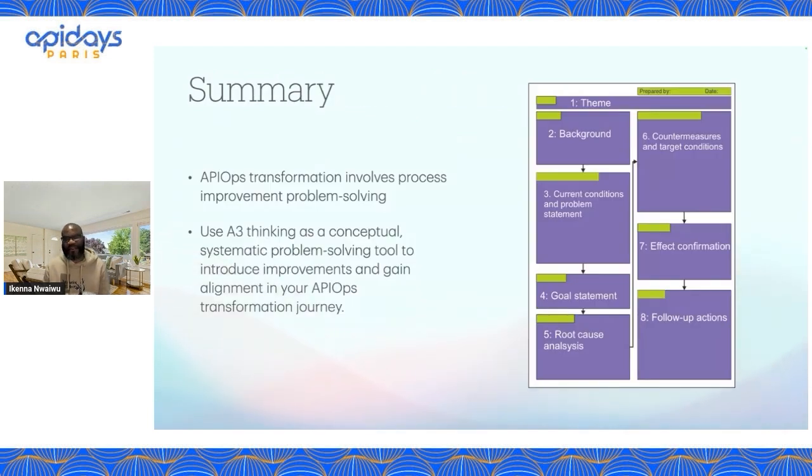And so, yes, I've gone through this process and highlighted the 8 main sections of the A3 report. Again, I'm just going to mention them again: the theme, the background, current conditions and problem statement, the goal statement, root cause analysis, followed by countermeasures and target conditions, effect confirmation, and follow-up actions. As you can see, this is an objective and logical problem-solving approach. Throughout filling this